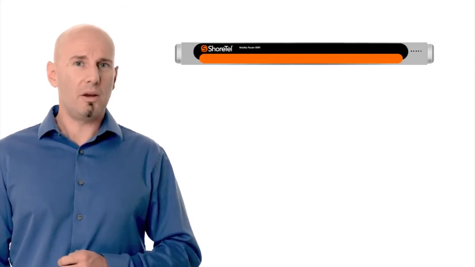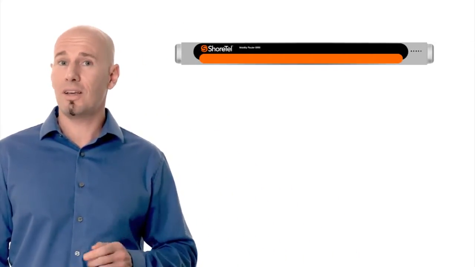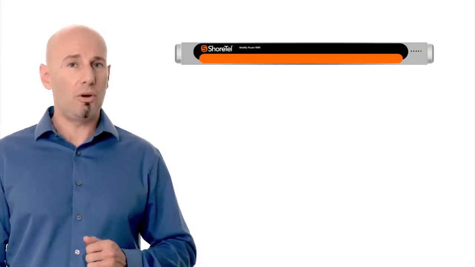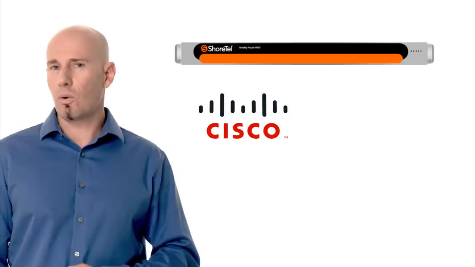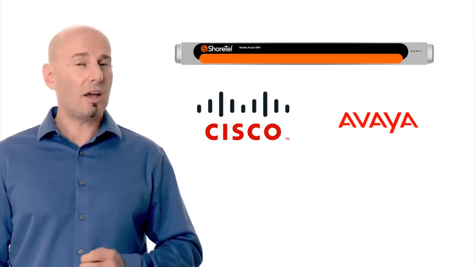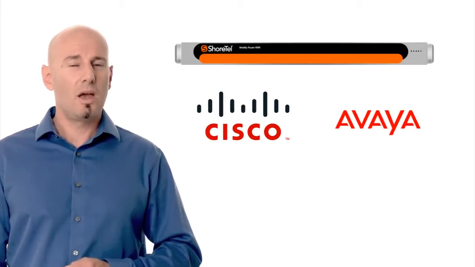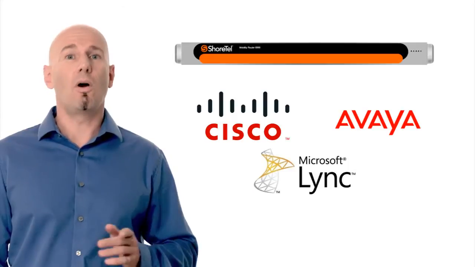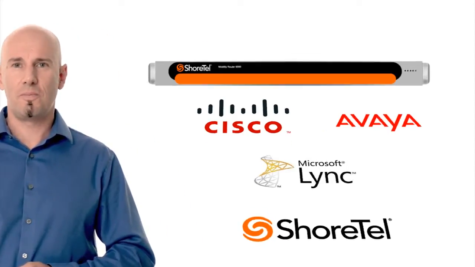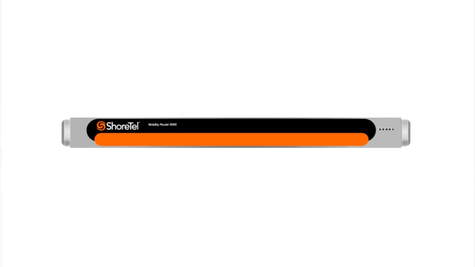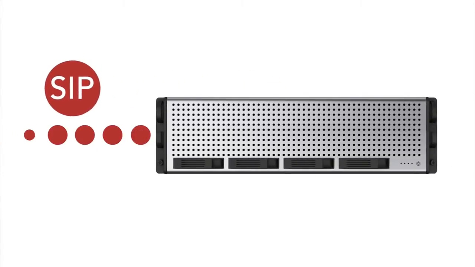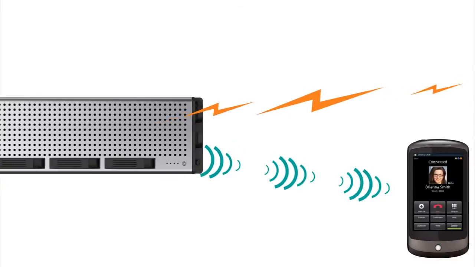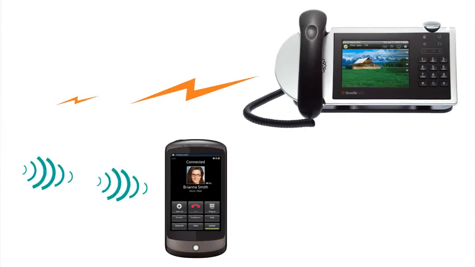The ShoreTel Mobility Router integrates with your company's existing voice and unified communications infrastructure, whether it is a Cisco Call Manager, an Avaya Communications Manager, Microsoft Lync, or our own ShoreTel system. The Mobility Router integrates with IP-based PBXs over standard SIP protocol. It connects to the PBX via a SIP line, just like many desk phones do, and through a SIP trunk